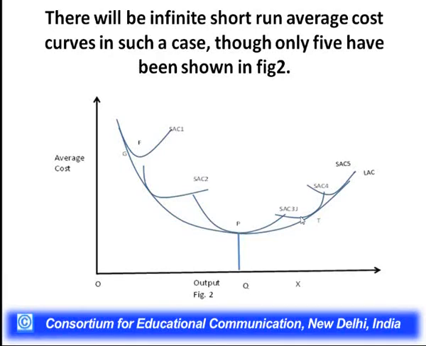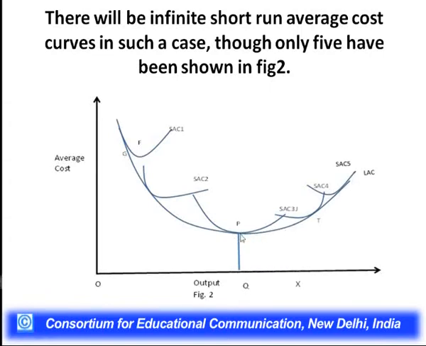If it is producing at the optimum point, cost is more because it can be on another plant. So there is more than optimum, or you can say there is over utilization of the plant because it gives the least possible average cost. So you can see that whether it is SAC3, SAC4 or SAC5, the tangency point has come later while the minimum point has been earlier. So there is more than optimum utilization of the plant.